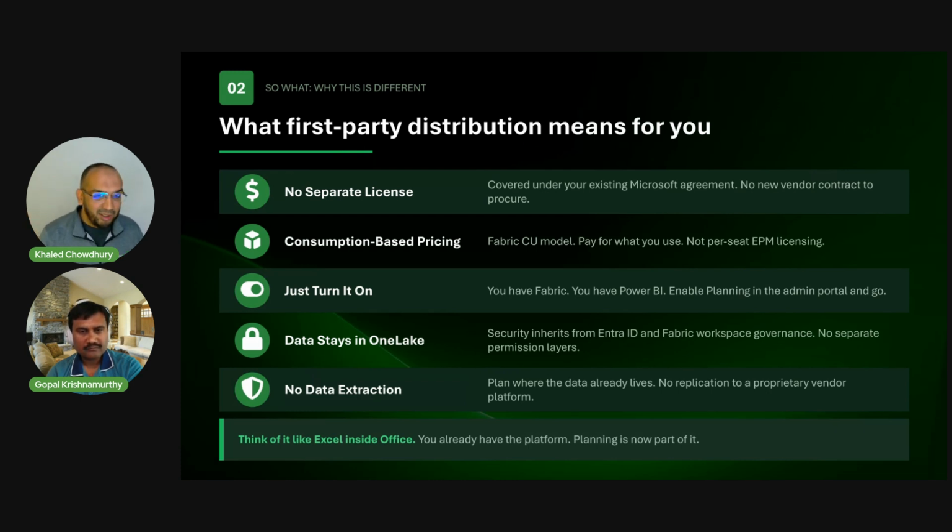So we can think of Fabric Planning as the planning engine of the Fabric suite. Is that the easiest way to understand? For people, they probably will not know who Lumel is in a couple of months. From that perspective, is that a good understanding, Gopal?